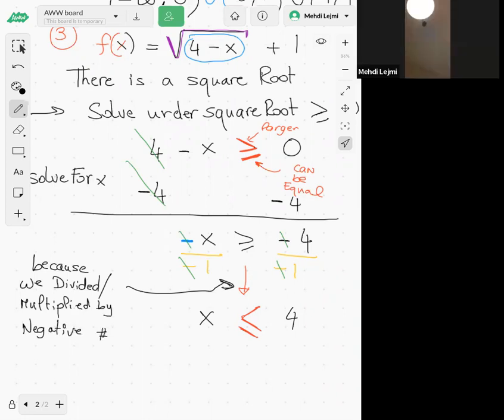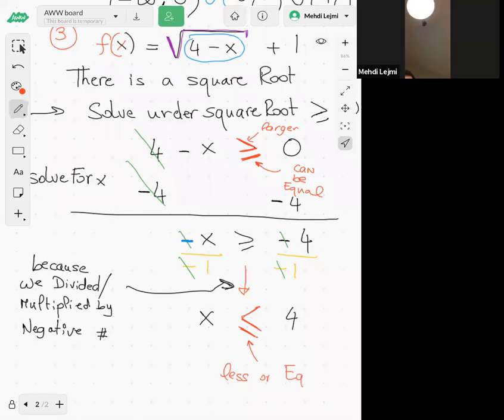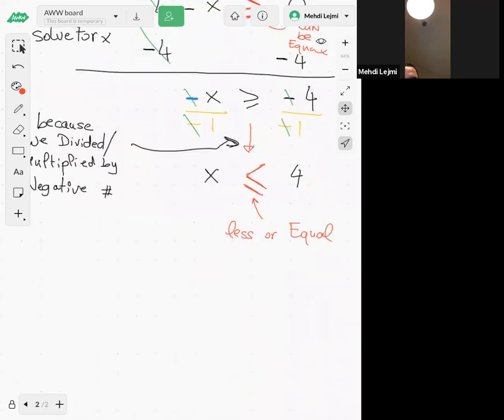So what does the inequality say? Now it says x is less or equal. The larger or equal becomes less or equal. So my x must be less or equal to 4. So the answer,